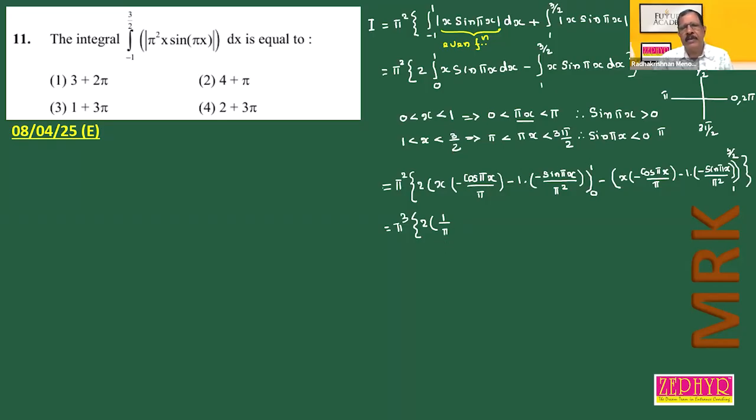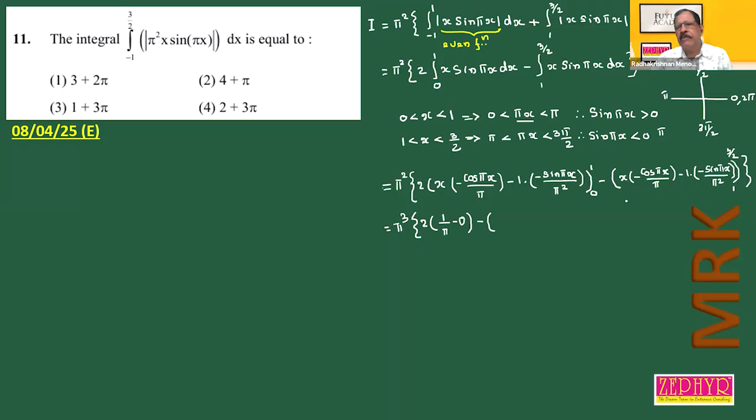Putting x as 1, you are getting cos pi. Upper limit 1 gives cos pi. The value of cos pi is minus 1. So minus cos pi is plus 1 divided by pi. Now x as 1 gives 0 for the second term. Now lower limit x as 0, the first term is also 0. First term also is 0. Second term is also 0. So this is the first. Minus